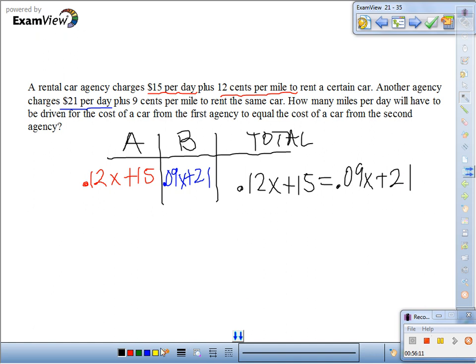Let's finish this one before we leave. See? The smallest variable is 0.09, so we subtract 0.09x from each side. We're left with 0.03x